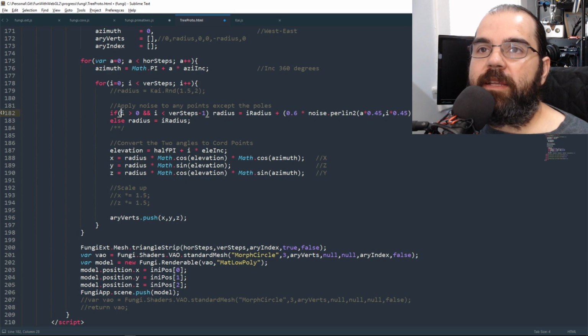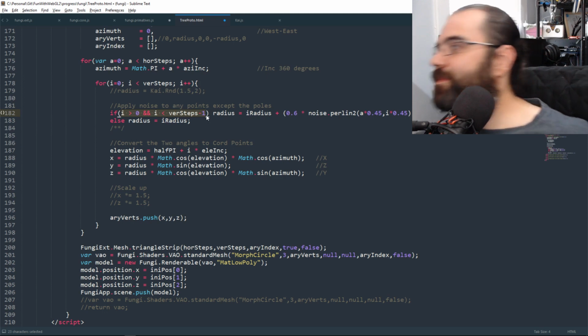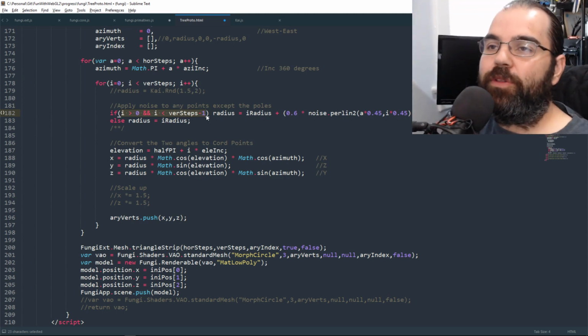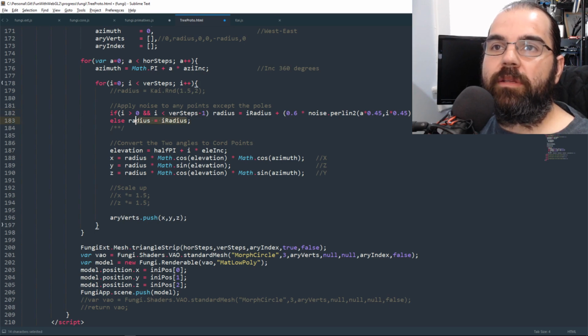And this if statement is doing this: since I'm building a sphere with polar coordinates, there's a north point and there's a south point. I don't want to modify those points. I want the north and south point to always stay where they are. That's what the if statement is doing. Basically, if it's a north or south point, it's just the default radius,